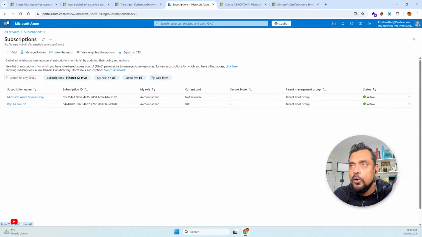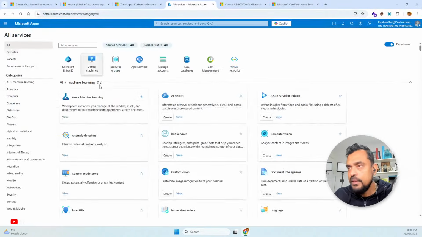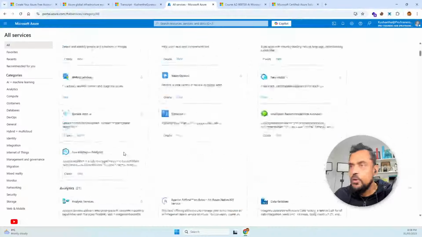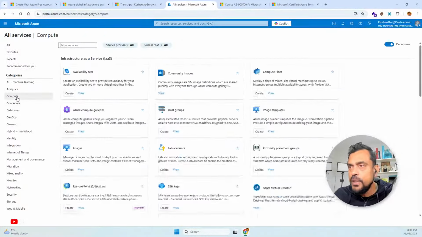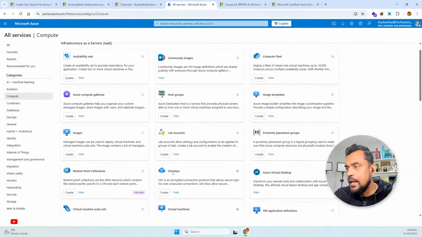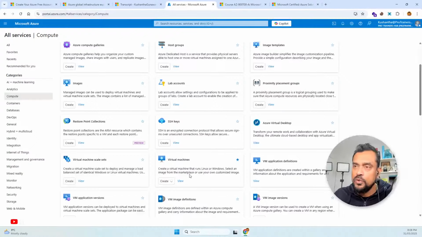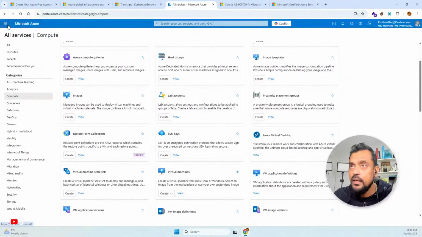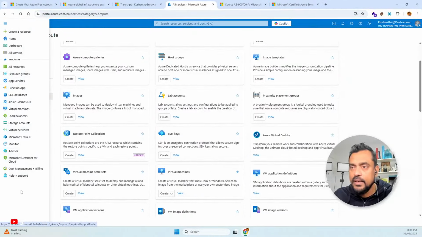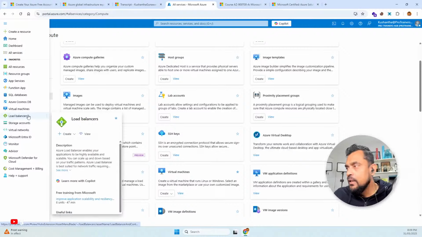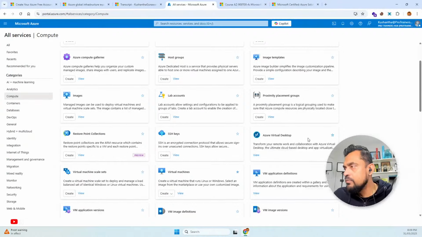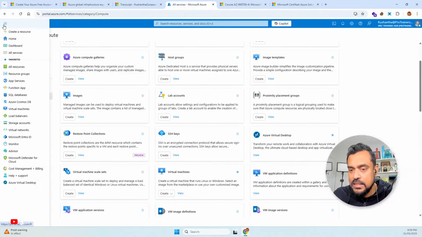You can see all the services listed here. There are multiple services, and they are properly classified. If you go to compute, you can see image templates, SSH keys, virtual machines and so forth. So why is this star here, guys? Because if you are frequently using a service, Microsoft has created favorites. Your favorite services are listed here for you to access immediately whenever you need. For example, if you want to add Azure Virtual Desktop to the favorites, you can click on this one and you can see the star is highlighted. And if you go back, you can see here